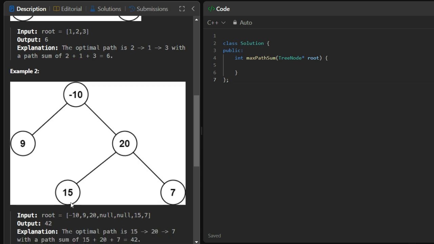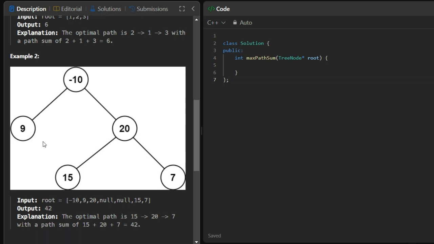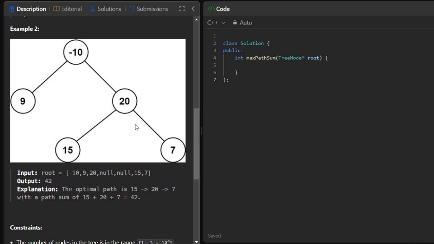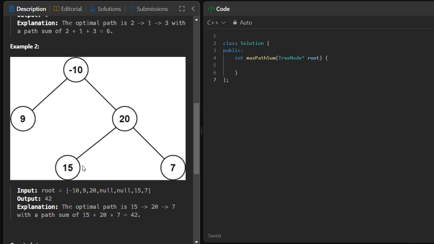2 1 3 जिसकी वैल्यू मैक्सिमम है, इसकी वैल्यू 3 में सबसे ज़्यादा मैक्सिमम विच इज 6। सो नेक्स्ट एग्जांपल में पाथ 15 20 एंड 7 इसकी वैल्यू सबसे ज़्यादा है 42। पाथ 9 10 20 15 और पाथ 9 10 20 7 ये जो पाथ है इसकी वैल्यू लेस देन है, इसकी जो सर्टन वैल्यू रहेगी वो मैक्स नहीं है, मैक्स है 15 20 एंड 7। सो हमें ऐसी सम रिटर्न करनी है।